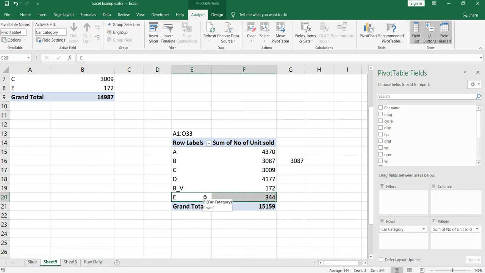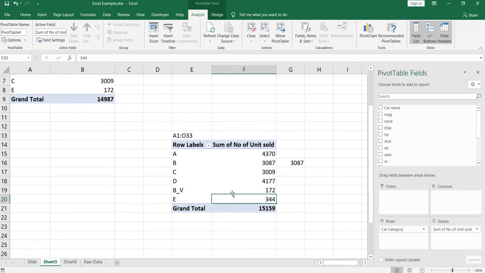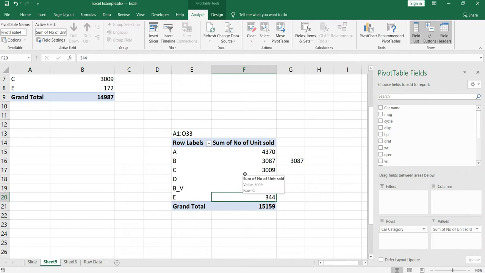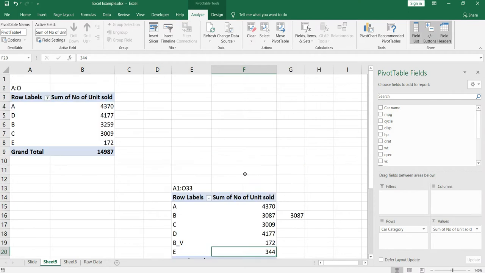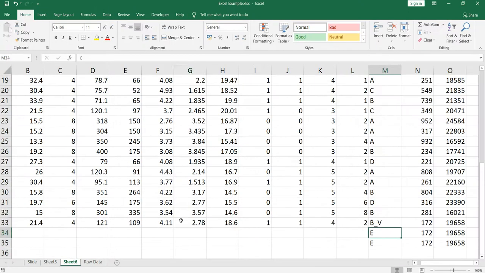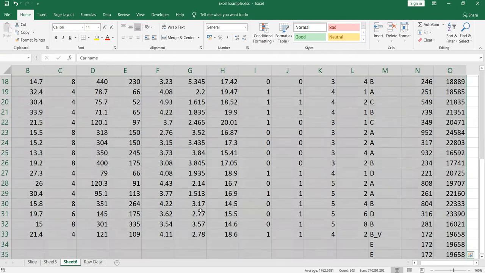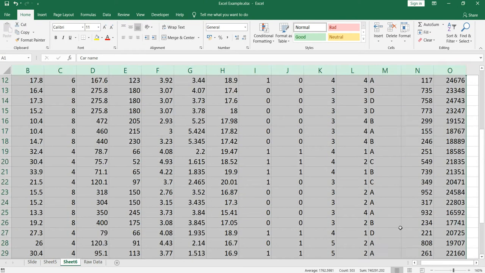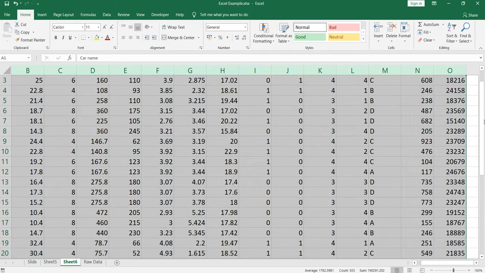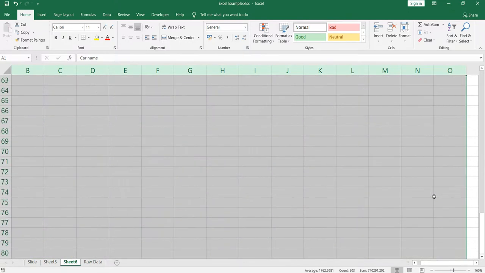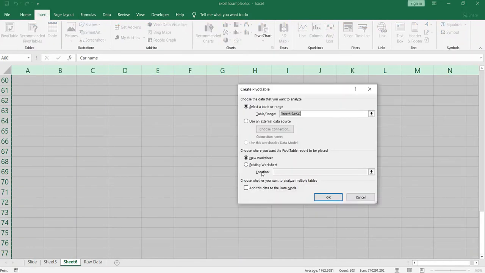So we had added car category E for Tesla and the number of units sold. But what we had to do here is go and change the range. Now suppose I create a new pivot table for this entire column A till O till the last cell.